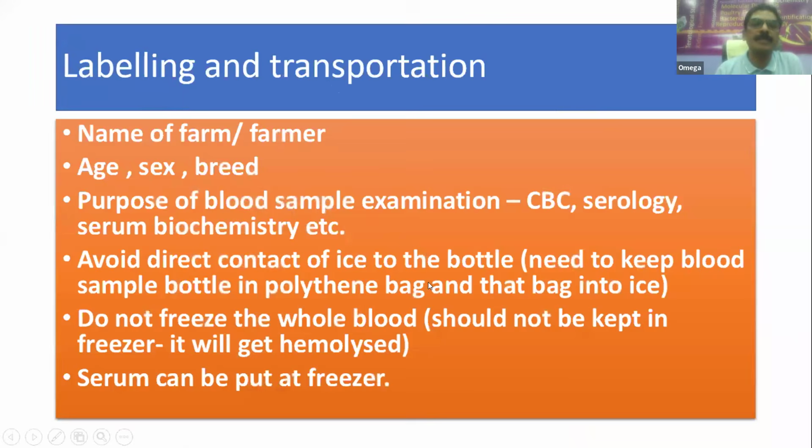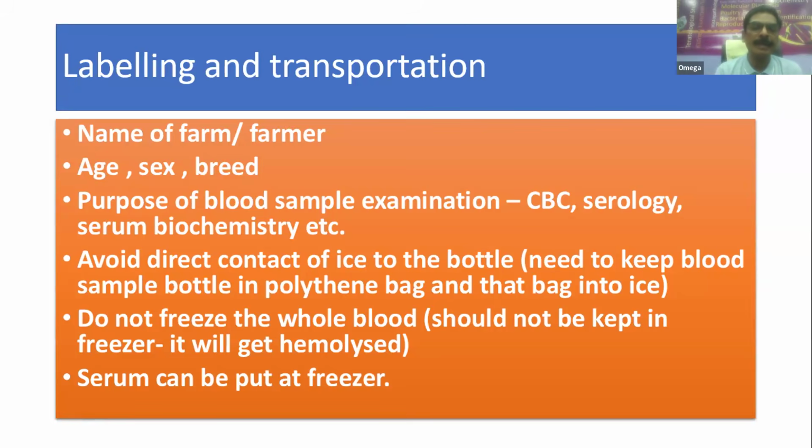for the investigations. Labeling is another important part of sending samples to the laboratory. Here we should provide the name of the farmer, age, sex and breed on the bottle. Then the purpose of the blood sample examination. If anybody wants to go for CBC, serology, serum biochemistry, etc., it should be mentioned on the particular blood